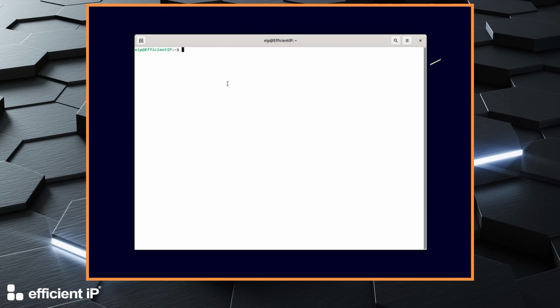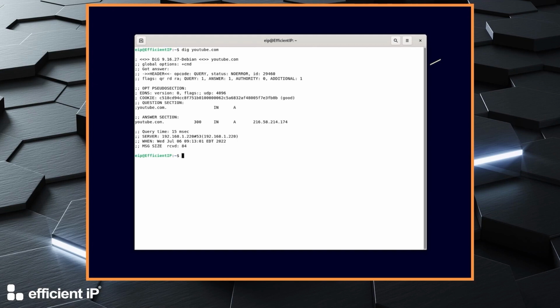Now, we use the dig tool for interrogating DNS name servers. It performs DNS lookups and displays the answers. I type youtube.com and I will explain the result. We have a no error status with one query and one answer. And we got the information that the youtube.com address record is at this IP address.